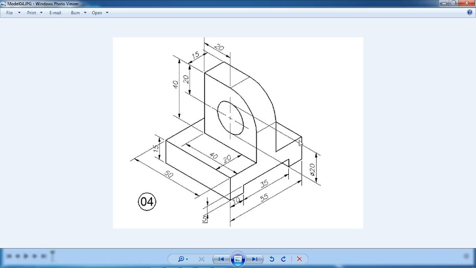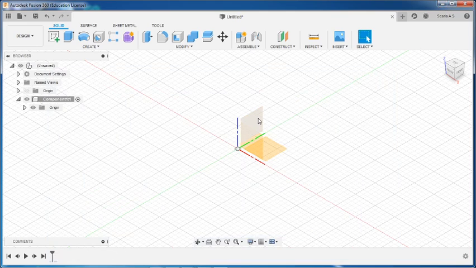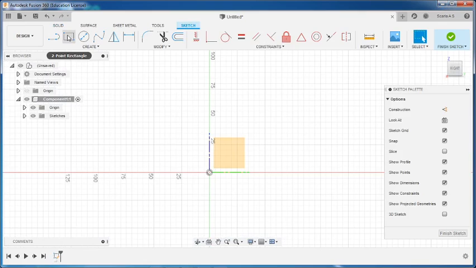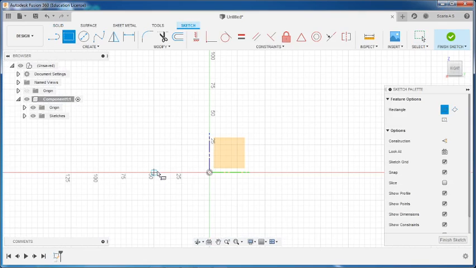We will make this cross section. This portion we are going to do later. So this is 55, 35. Okay, we'll make it. So select this plane, right click, create a sketch, then simply draw one rectangle here,